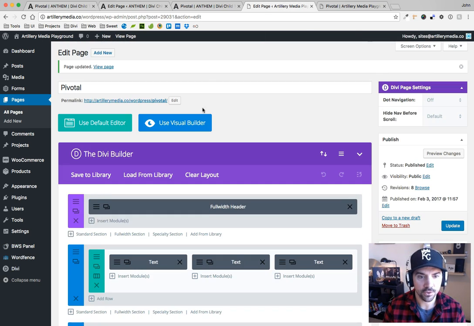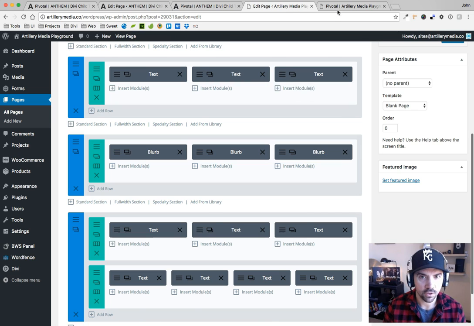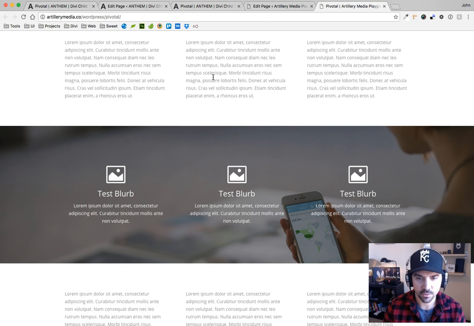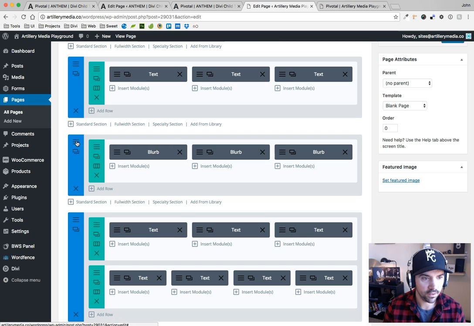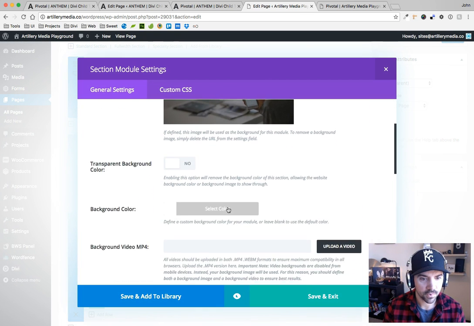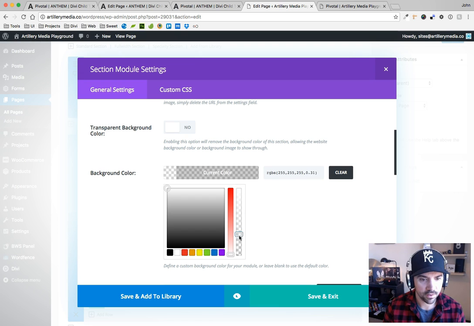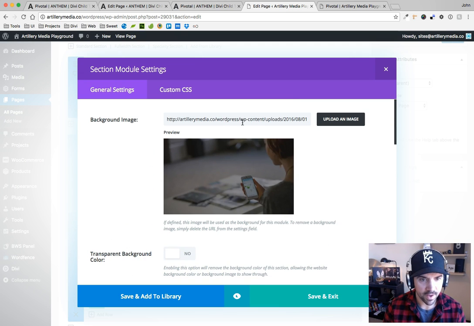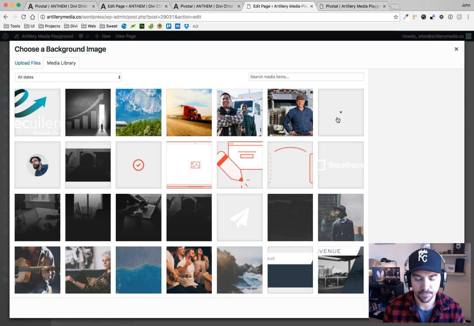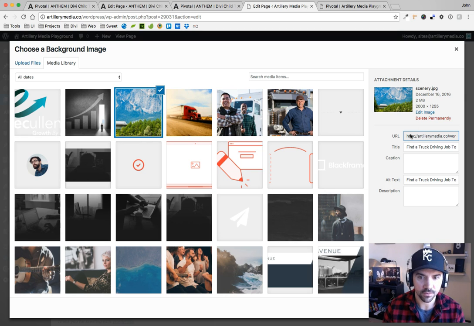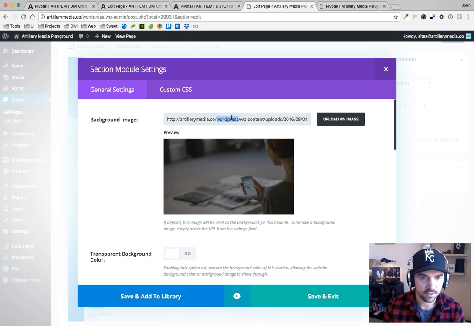Okay, and so I'm going to go ahead and do that over here on this one. So on this page, it's this section with the blurbs in it. So I'm going to go in and set this to transparent, and then I'm going to copy this background image URL. Or if you don't have the image loaded yet, just go in and grab some kind of a URL for a background image. So I'm going to copy that,